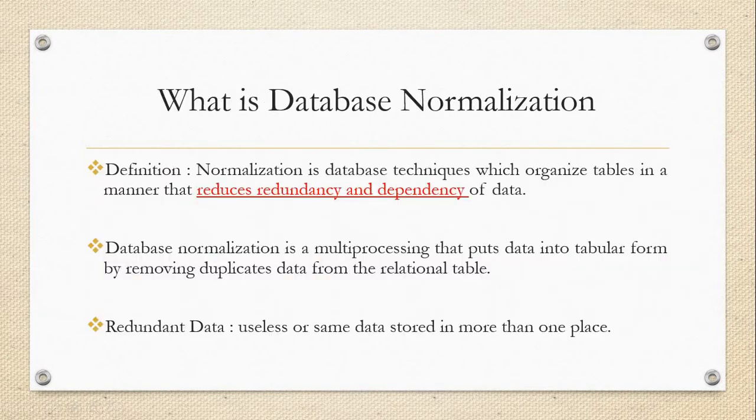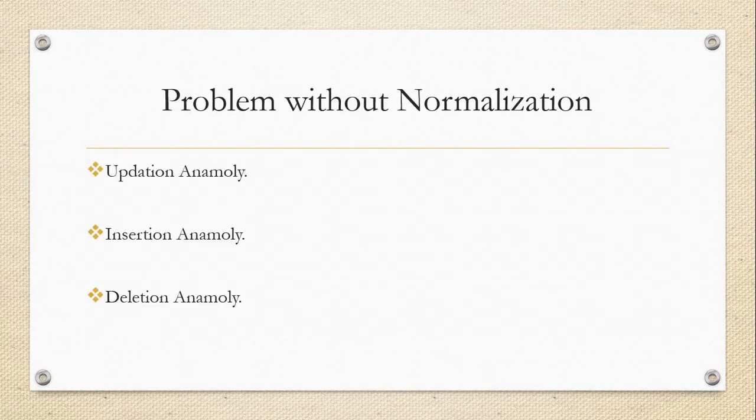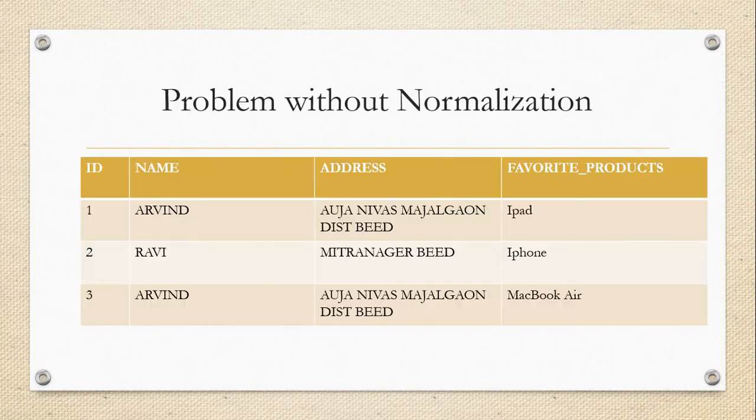So just before that, yeah, afterward, see, this is a table without normalization, the problem without normalization. In that section, just focus on that table. We have an attribute called ID, an attribute called name, an attribute called address, and an attribute called favorite product, and in that we store the data in the form of records. The data will be stored in tabular form also. So first 2, 3, these are 3 employees that are available, these are the addresses of those employees, and these are the favorite products of those employees. Okay, so now focus on that.